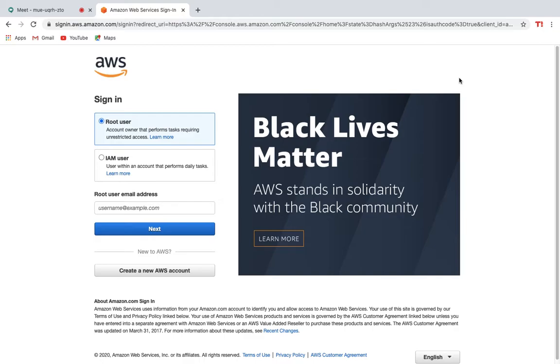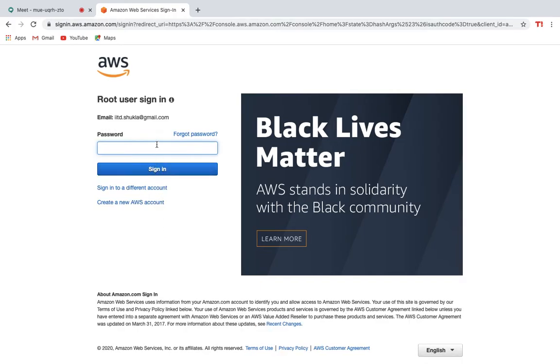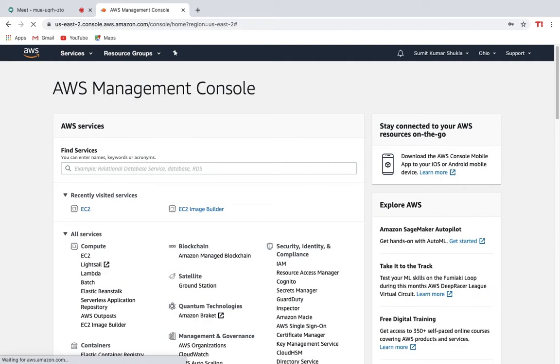Going with the root user, you will have to write your username. I have my username. Go to next, you will have to write your password, and you will be signed in to your account like this.